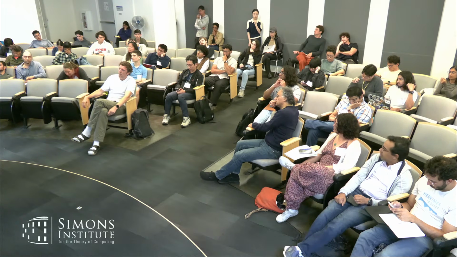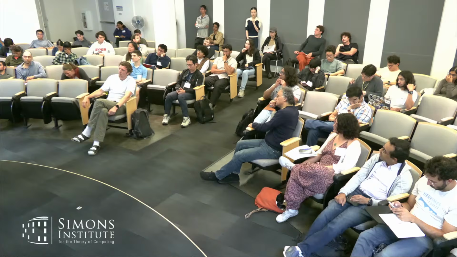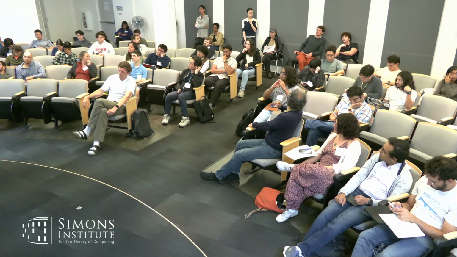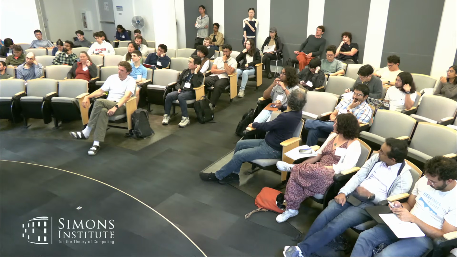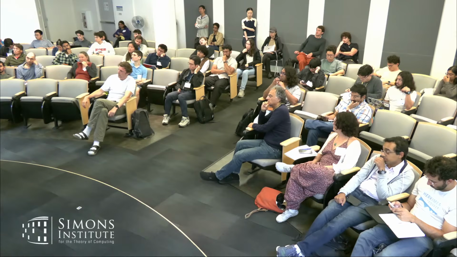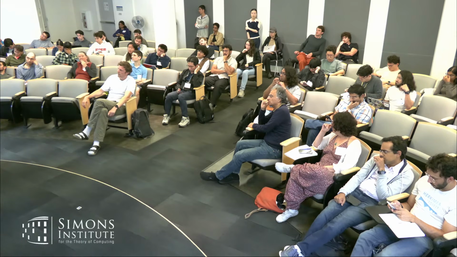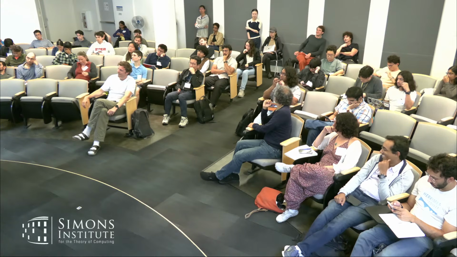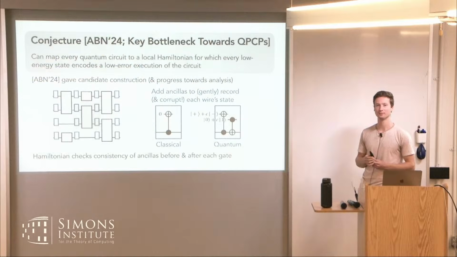So the conjecture does allow superpositions of errors on different sets of qubits. So it still allows a fairly general class of errors. I guess that is a good point. It could be that somehow the right answer is coming out of a total mess in the middle. Yeah, I think it's interesting. I haven't thought about that.